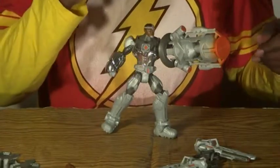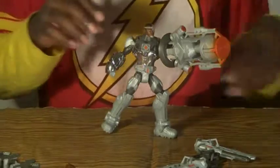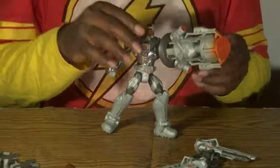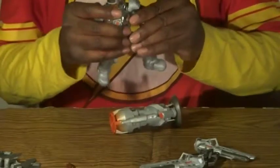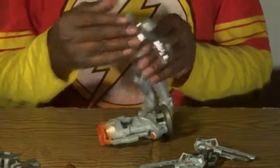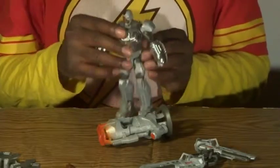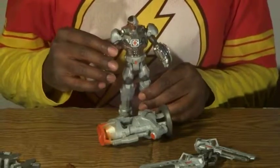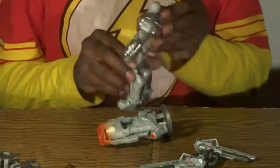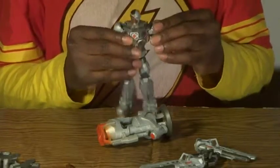Alright, so there you have it. There's him holding his cannon. It's got kind of a lean to it. It looks like he might topple over, but it's pretty cool still. I like the cannon. I just think it's a little way big, and its figure is kind of light, even with the vac metal, which there's more of with him. That's another thing, the sculpting is really well done. It should have been more metallic to really get that kind of nostalgia, superpower type pose to him, but